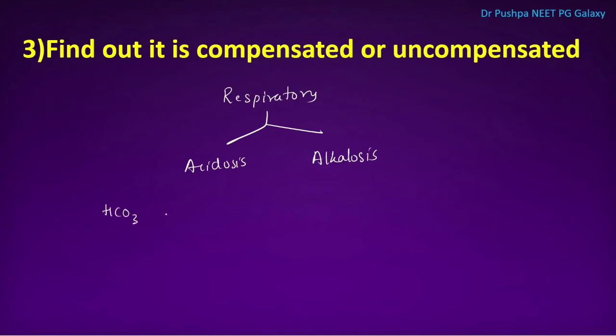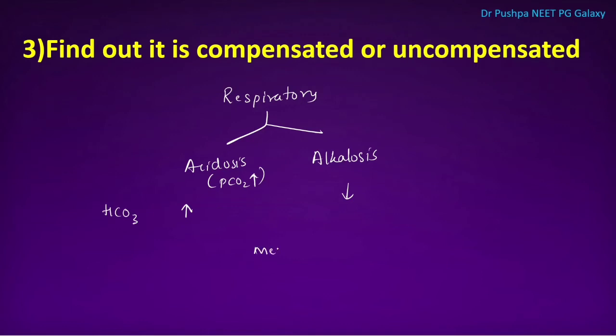So the HCO3 level has to increase because here the carbon dioxide level has increased, that is, acidity has increased. So acidity has to be neutralized by alkali. So the kidney has to produce bicarbonate, whereas in alkalosis there is already a decrease in CO2, that is, the acidity level is decreased. So bicarbonate has to decrease. So the kidney will produce less bicarbonate. Bicarbonate should neutralize the acid.